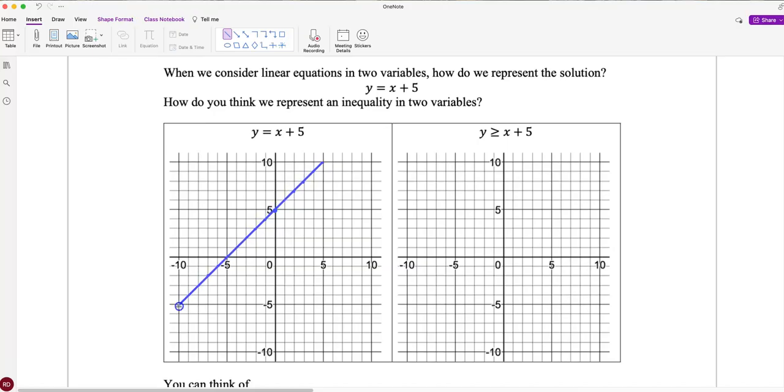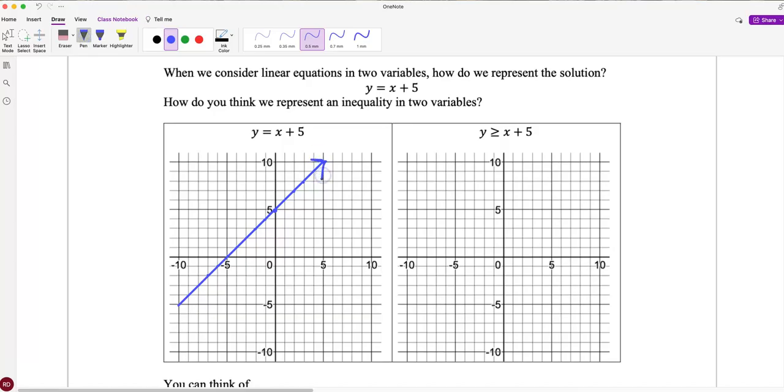This is the line y equals x plus 5, but it's also a graphical representation of the infinite number of